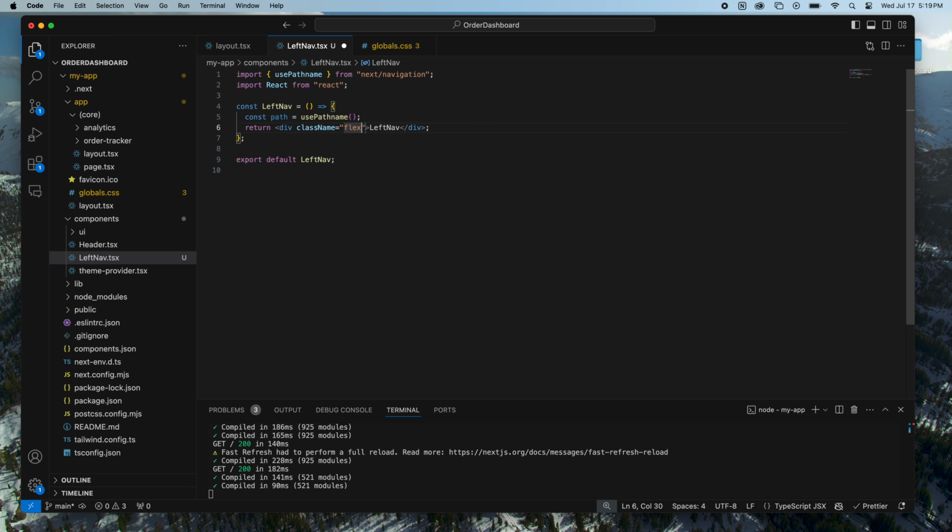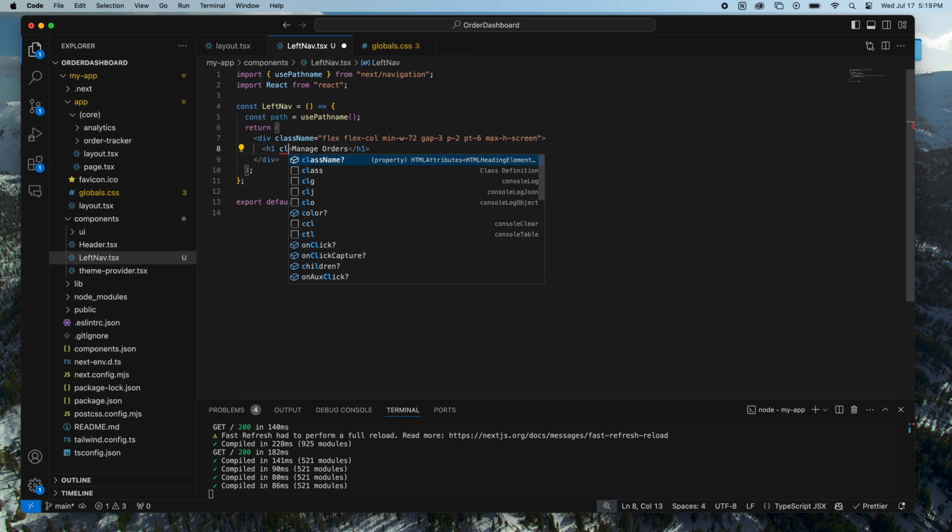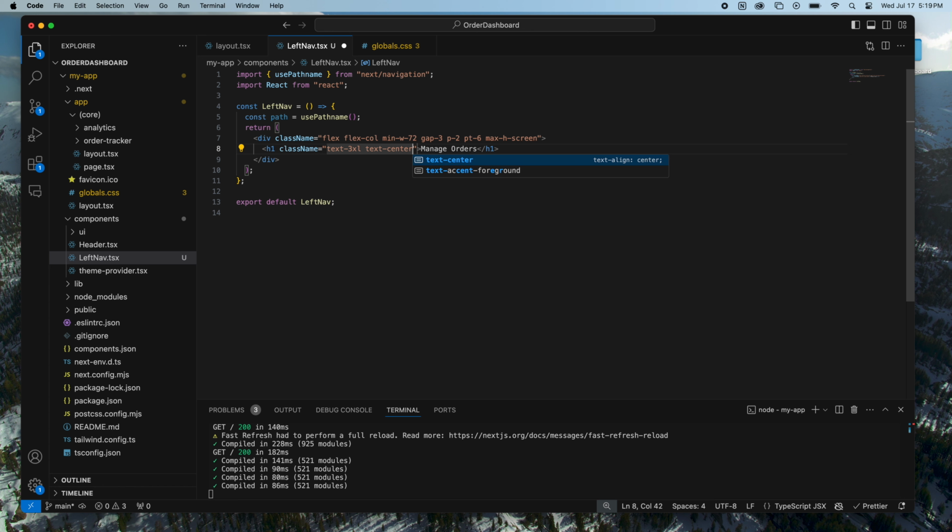And then className flex-col. There we go. And then min-width 72, gap 3, padding 2, padding top 6, max height screen, and we'll have a div inside of it after this. H1, and this is going to say Manage Orders. That's going to be className text-3xl, text-center,